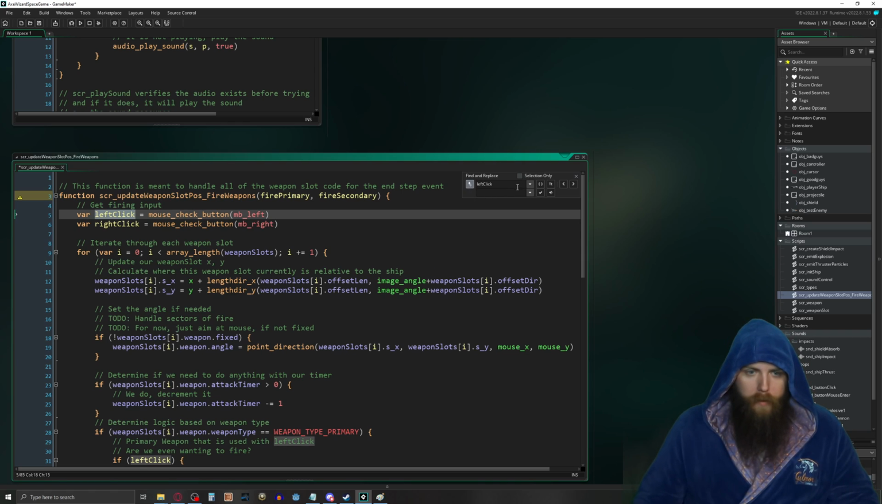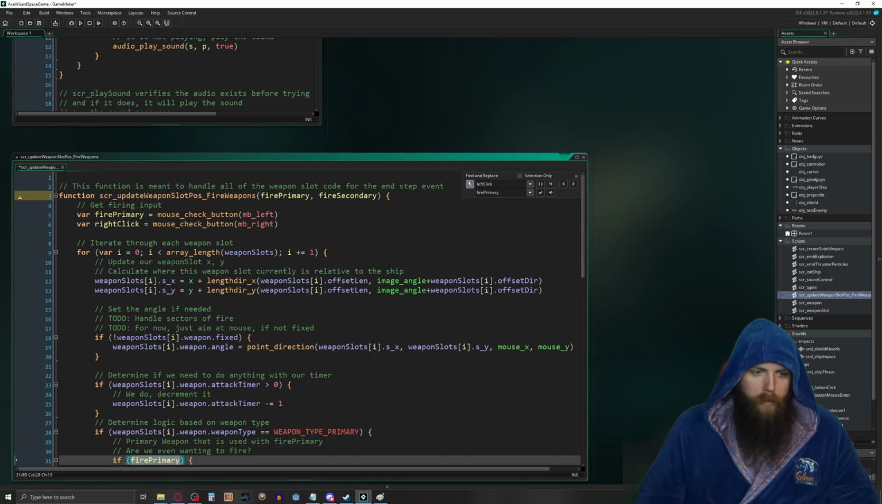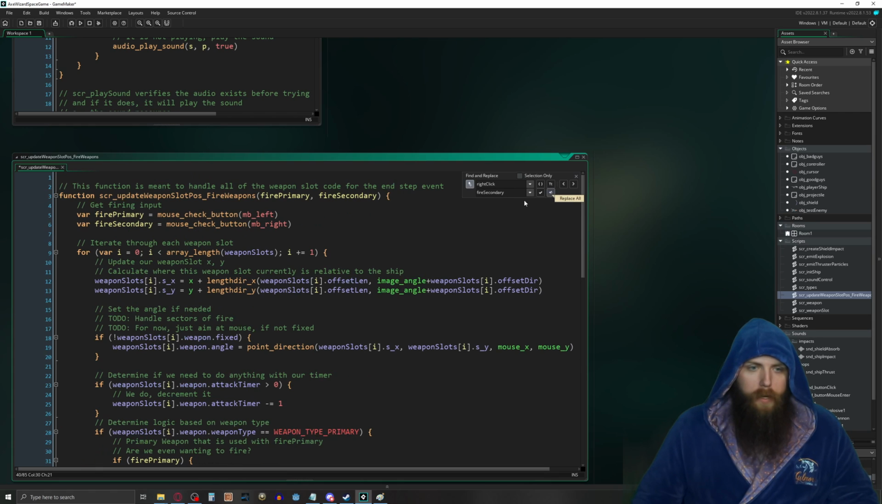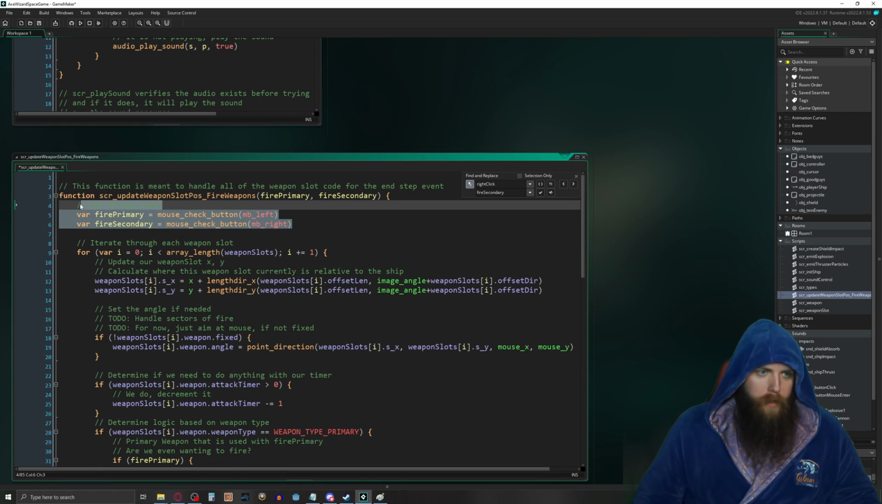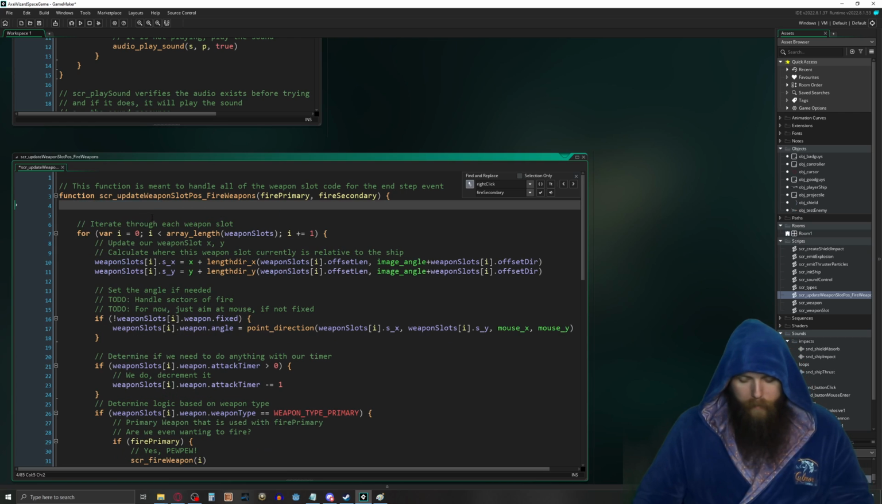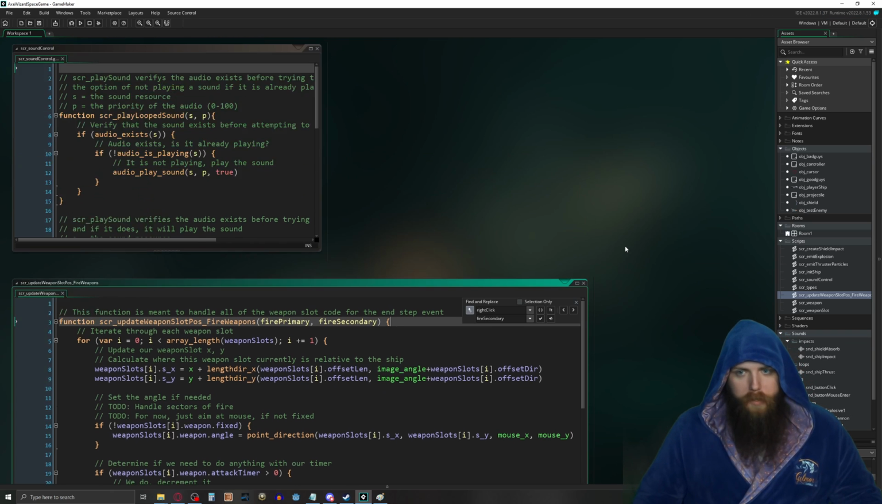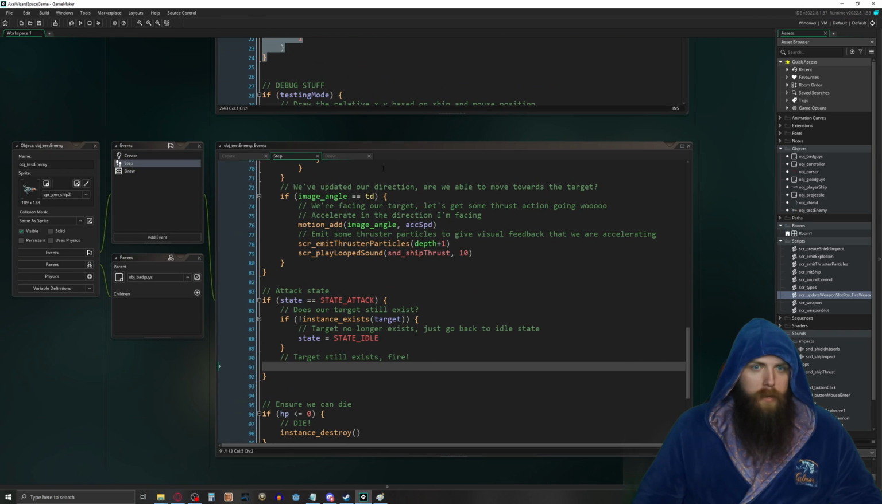And I'm going to change this to fire primary. And I'm going to change all that. And then we're going to do right click. And I'm going to fire secondary. Replace. There we go. So now we can get these out of here. So this is a breaking change. So let's save this. And then what we're going to do is in our ship,